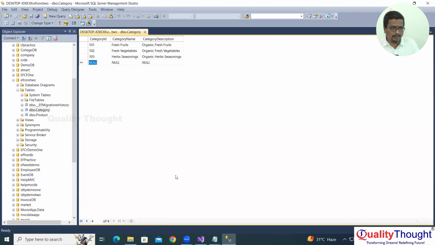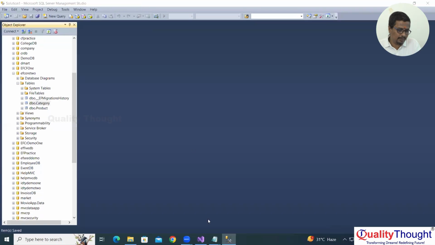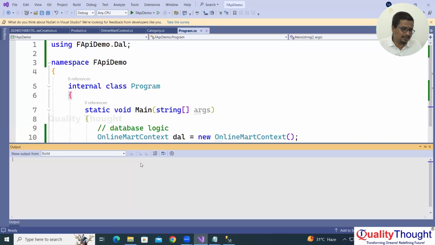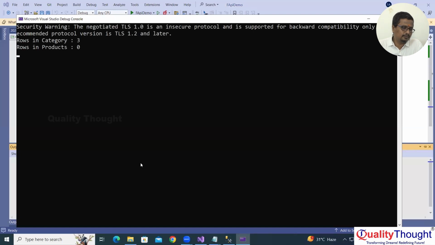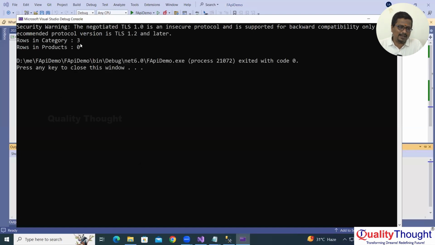Okay, so now in this category table, how many rows? 3 rows. Save this. Now come back to this program. Just execute as it is. Now rows in the category